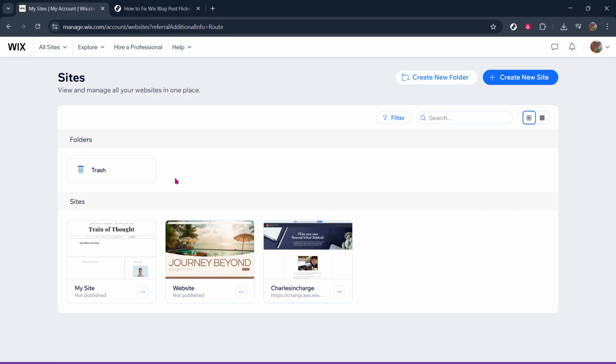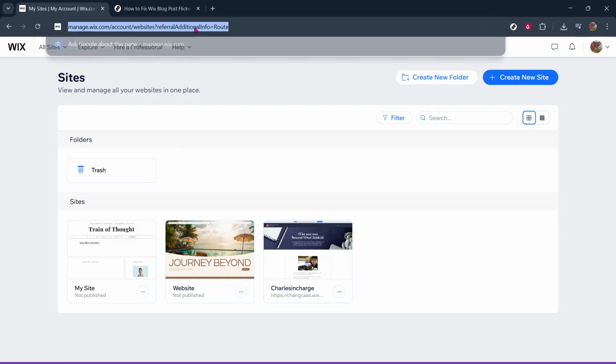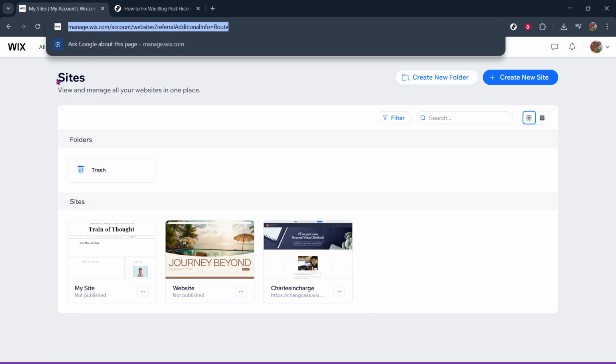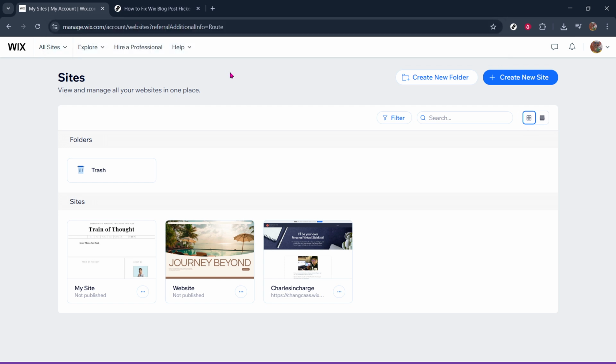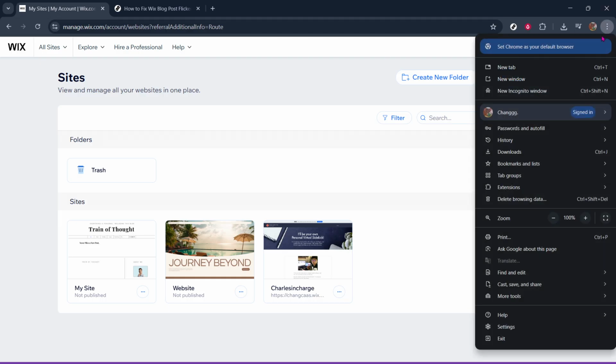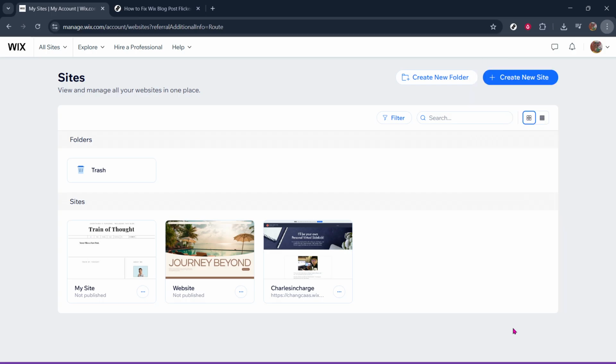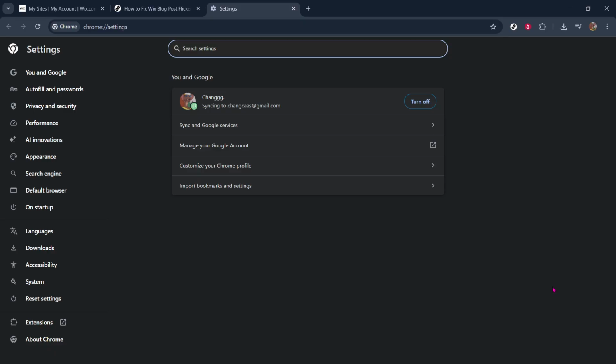To begin, you'll need to access your browser settings. This may vary slightly depending on the browser you're using, like Chrome, Firefox, or Safari, but the general steps are quite similar across platforms. In most browsers, you can find the settings by clicking on the menu icon, which usually appears in the top right corner of the browser window. Once you locate that menu, click on it and look for an option that says Settings or Preferences, depending on